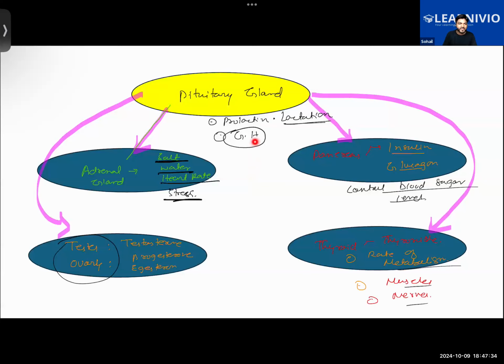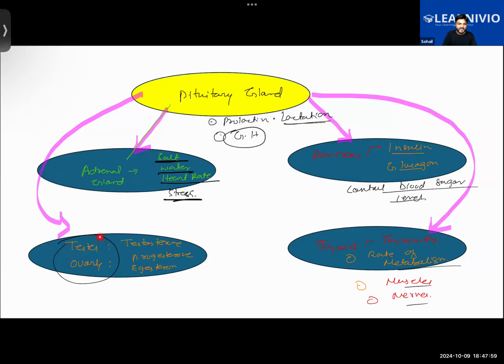The pituitary gland is called the master gland. Why is it called the master gland? We know that our brain controls the activity of all organs in our body, so we can say the brain is the master organ of the body. In a similar manner, the pituitary gland controls the secretions